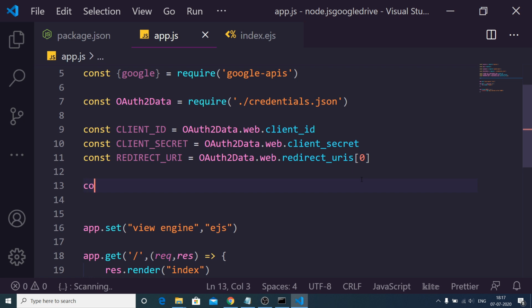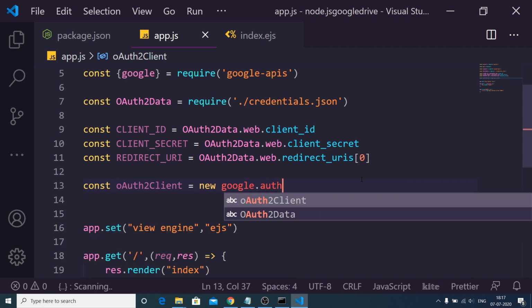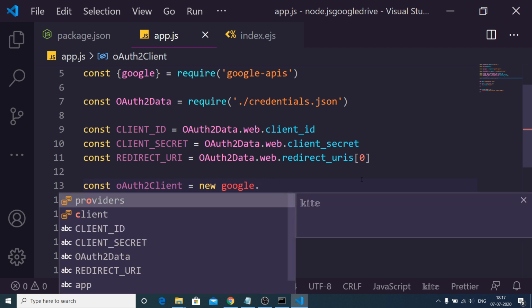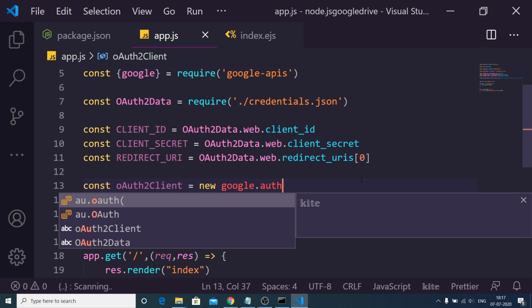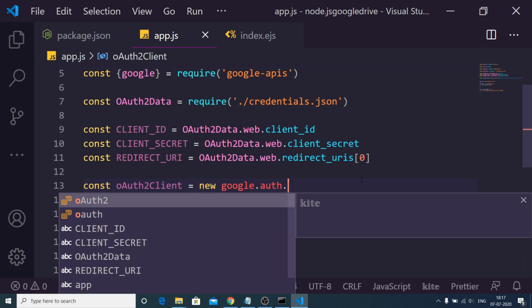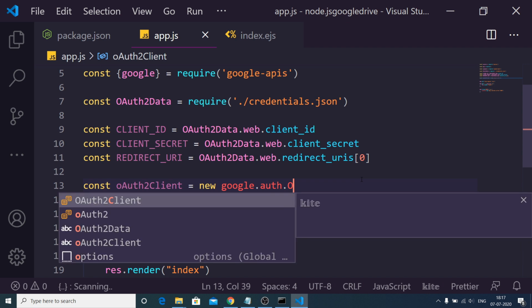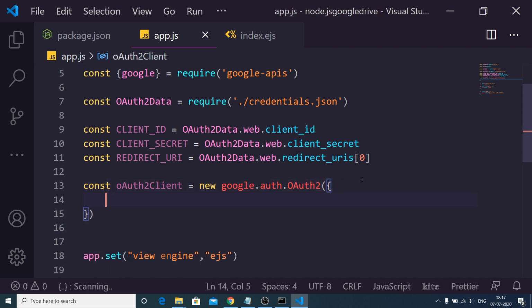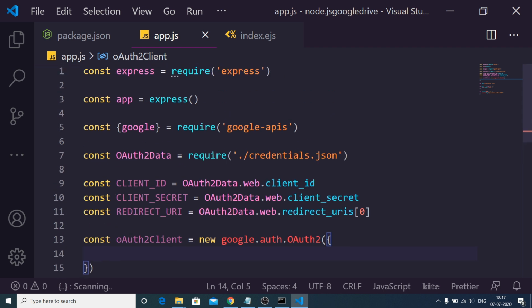Now we just need to make a client object, OAuth, let's suppose OAuth2 client, and in order to make a new client we will use google.auth.OAuth2, and inside this we need to pass these three things.